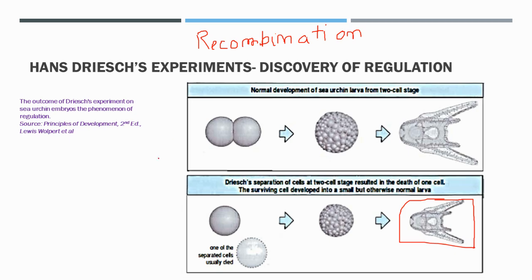So this indicated that these cells are very plastic in nature, plastic in the sense that they are flexible, and they have the ability to transform themselves from one role to another. And that other role has not been lost. Suppose this cell is there, and if you place it over here, if it was going to form the right hand side and you place it at the left hand side, it is